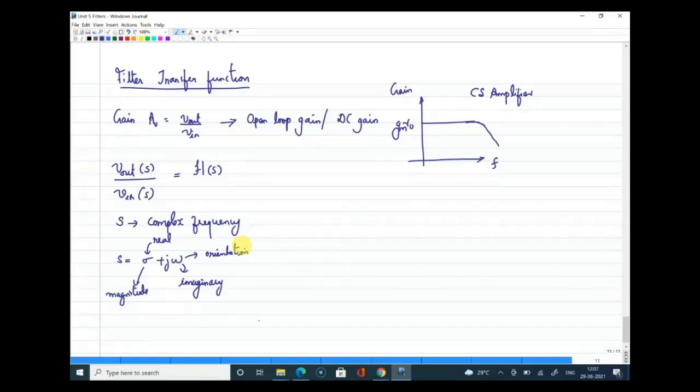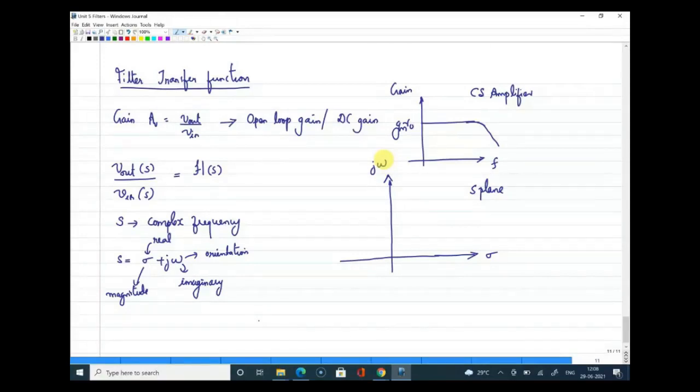And generally for all transfer functions, we express them in terms of H of s, where there is a real part and an imaginary part, and this is usually visualized on an s plane, where there is a real axis and an imaginary axis, right? So this is the concept of complex frequency in short, and this is how, with the help of complex frequency, we denote a transfer function. Now from here on, in all our discussion of filters, we will talk about filter transfer functions.